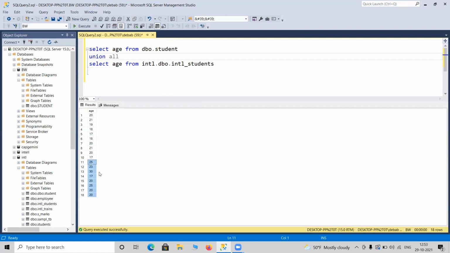I have to manually check if there are any common values or not. Yeah, I can see, look, 17 is present in the second table as well as the first table. Let me take a look. If I remove all, it will only give me the unique values. Look, it is pretty less. Only 8 records are coming. So if I do union, the duplicates will be removed. That is a common interview question as well.